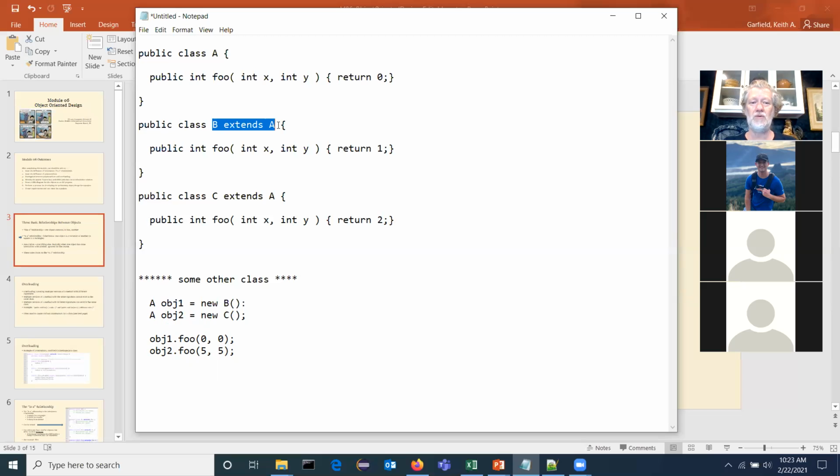So I say A object 1 equals new B. That's actually okay because B is a A. Go back to our ship example. Cruise ship is a ship, is it not? So A would be the ship in this example, and B would be like the cruise liner. Exactly. A is the generic, right? And the generic one is always the parent, right? So we have the A is the parent, B is the child, and you always have a generic parent, and then you have children that are more specific to a specific job.